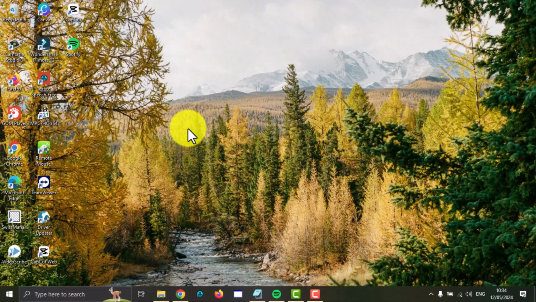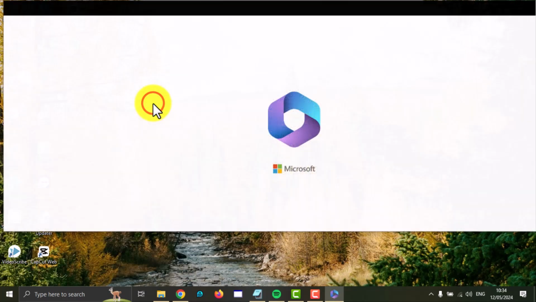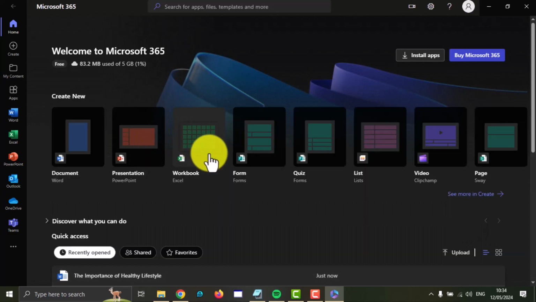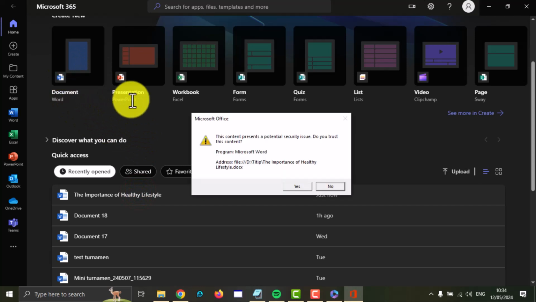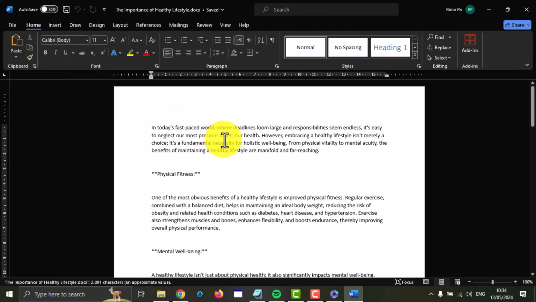To insert a title in a Word document in Windows 11 Home, open Microsoft 365. Next, select your Word document. For example, this Word document, or you can create a blank Word document. Next,